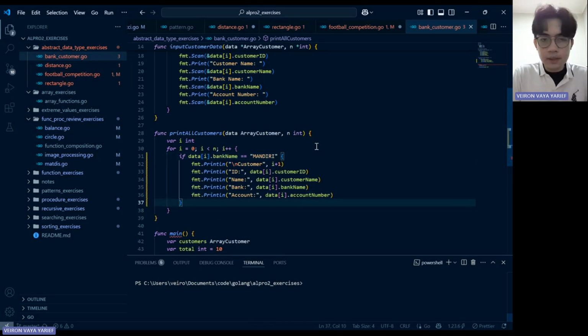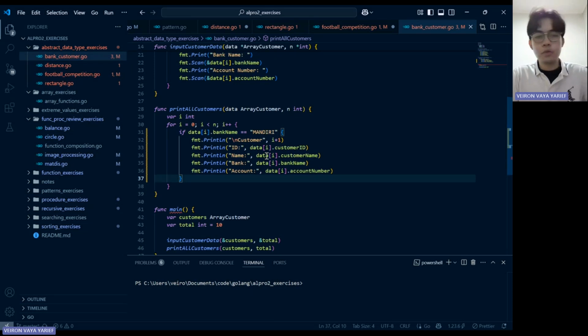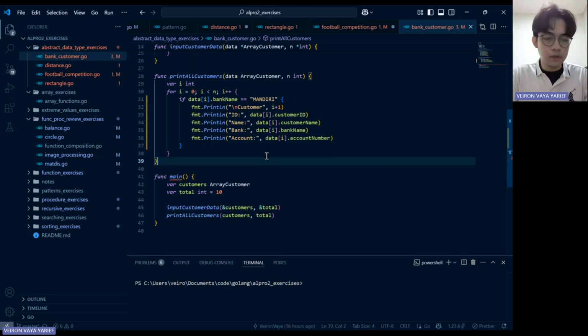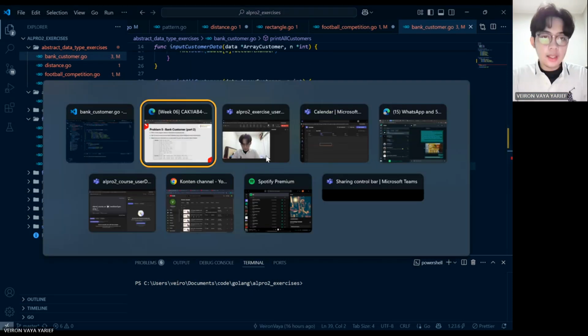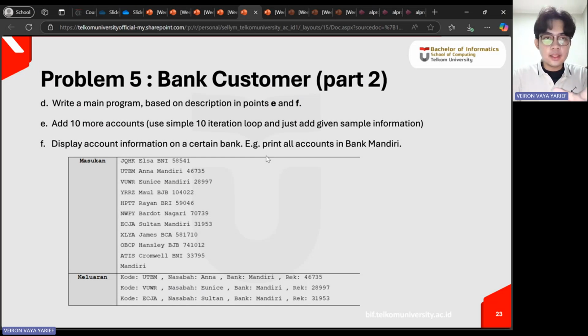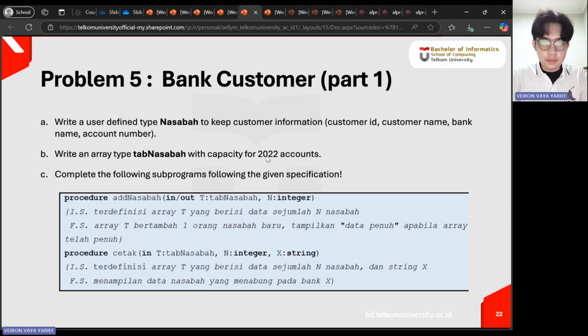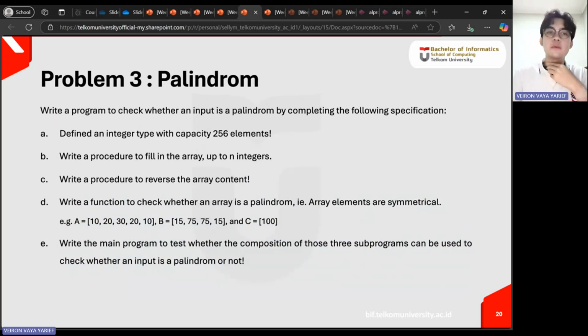So this code will print every customer that is inside Mandiri Bank. That's what you do if you want to make the code. So that is for our exercise, but as you can remember, we're going to jump to the last problem, which is